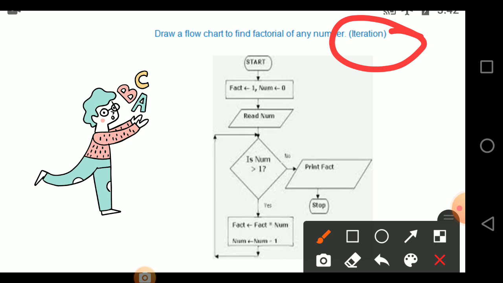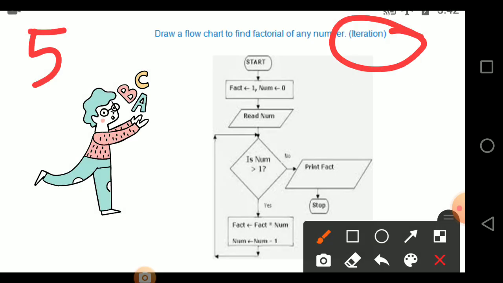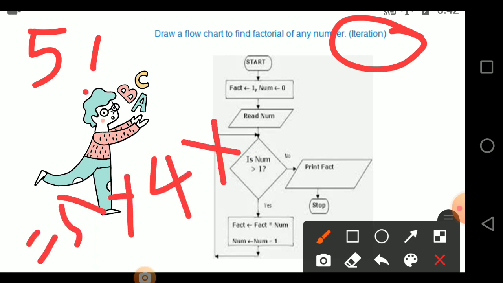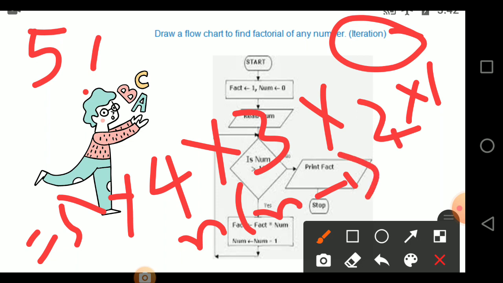What do you mean by factorial of a number? For example, 5 factorial is equal to 5 into 4 into 3 into 2 into 1. So any number's factorial is equal to n into (n minus 1) factorial.